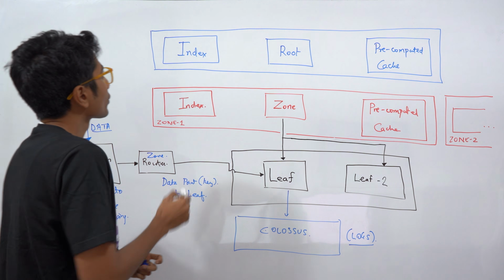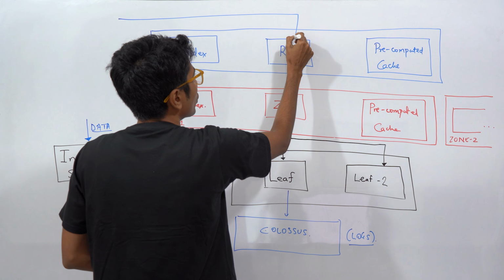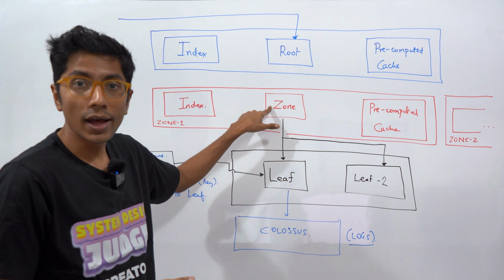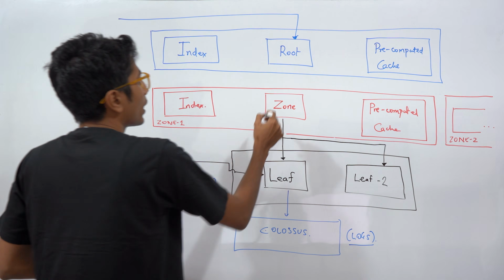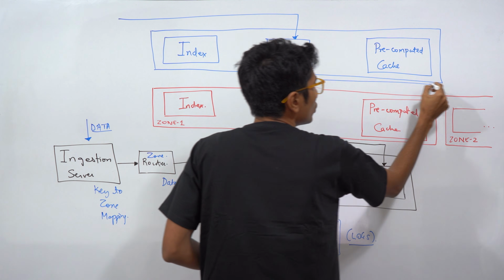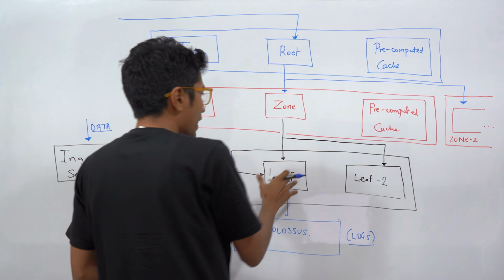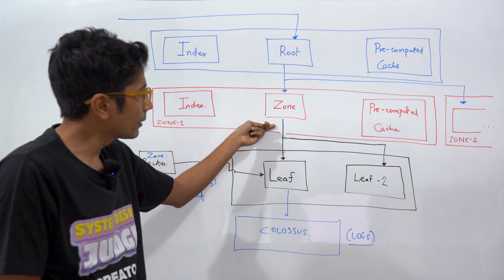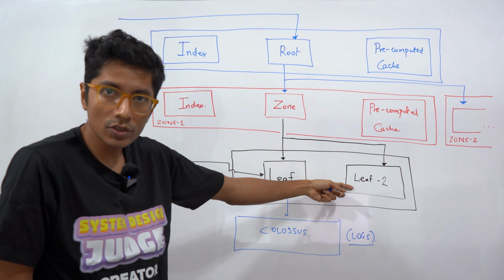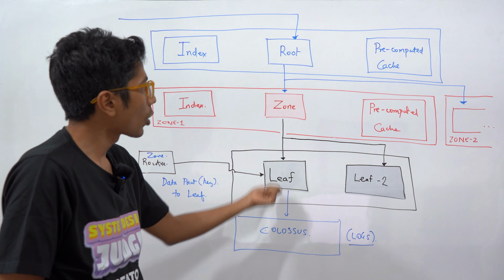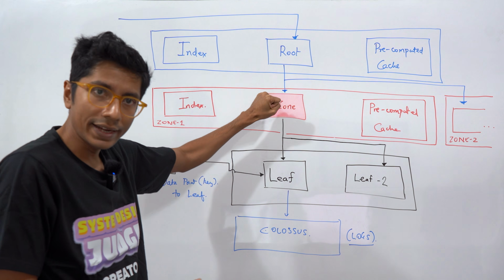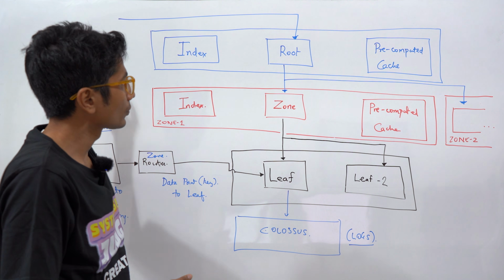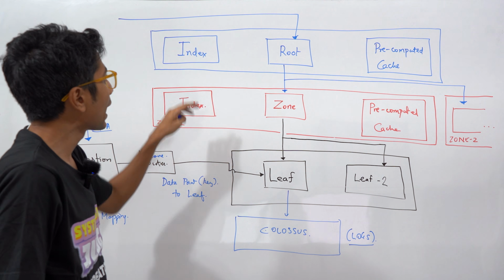Whenever there is a query, it comes to the root. The root tries to find where this query belongs. So what zones are responsible for the incoming query. It then sends the query to relevant zones. The zone itself has multiple leaves. It looks at the key, the list of keys that have been asked in this query, and then it hits the right leaves. Once the leaves have a result, they propagate it upwards to the zone. The zone aggregates the result, sends it back to the root, which aggregates it again and sends it back to the client.